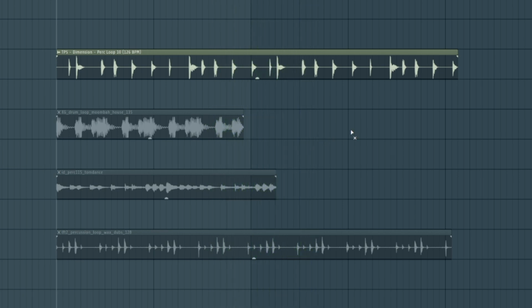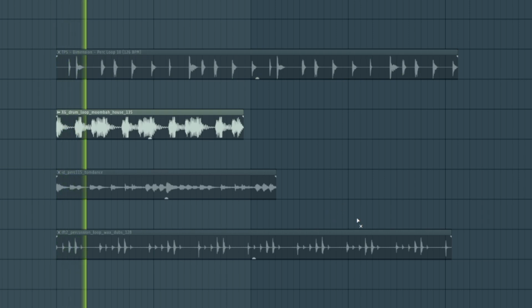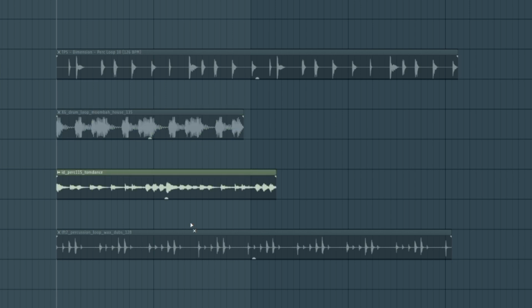Not a lot of transient, and as you can hear, it's really made to contribute to the groove, which is very important in house music. Then we have this Moombahton house percussion. It also has a kick underneath, but those tommy percussion sounds are typical Moombahton sounds, and those are not usable in any context. Next we have an Italo loop